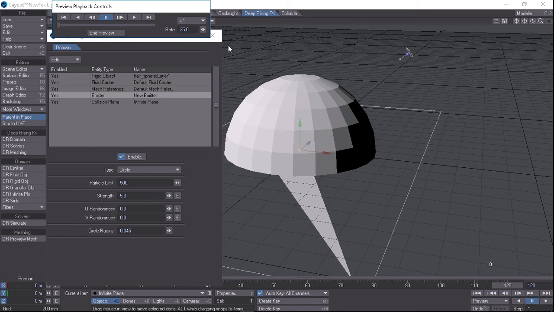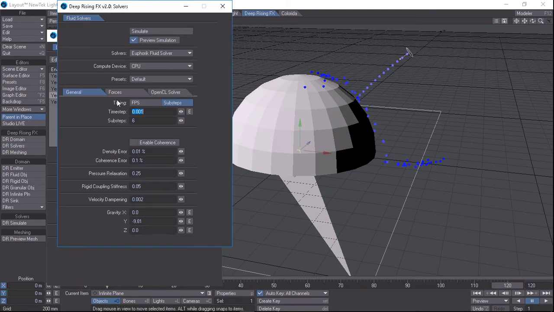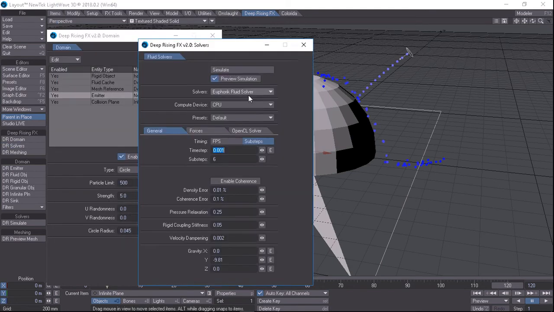Okay, and in this video we're going to start looking at the solvers in depth, and we're going to start with the euphoric solver. Like I said in the previous videos, Deep Rising version 2 has three main solvers, called euphoric, Proxima and arena solver. Only two of them are fluid solvers, the euphoric and Proxima. So we're going to have a look at the first one, the euphoric solver, which is the most powerful fluid